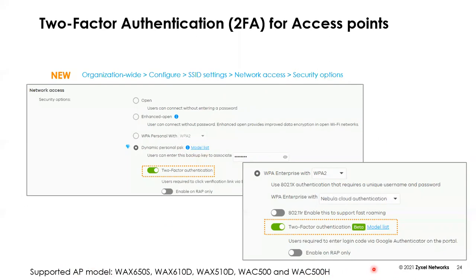So basically it works with our newest Wi-Fi 6 500 and 600 series APs, the WAX 650S, WAX 610D, WAX 510D, and then it also will work with the WAC 500, which will be launching soon, and the WAC 500H, which we have